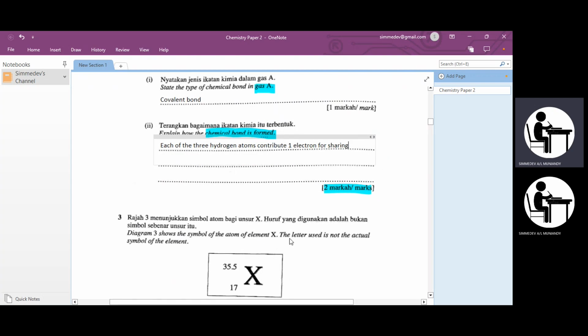Alright. With the nitrogen atom. Alright. And then